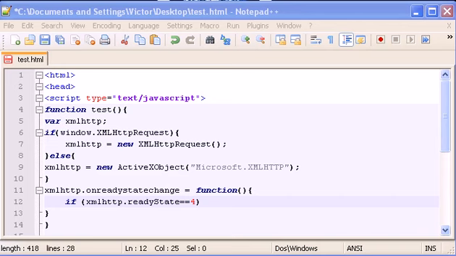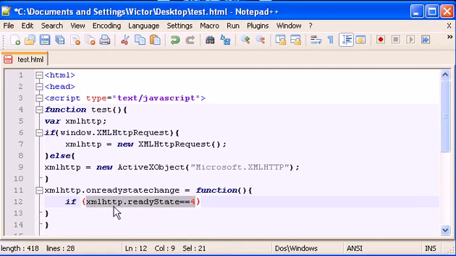0 means that the request has not been sent at all. 1 means that the server connection is established. 2 means that the request has been received by the server. 3 means that the server is processing the request. And 4 means that the request has finished being processed and the response is ready. So basically 4 means your browser is ready to receive the answer. So if we are ready to receive the answer,